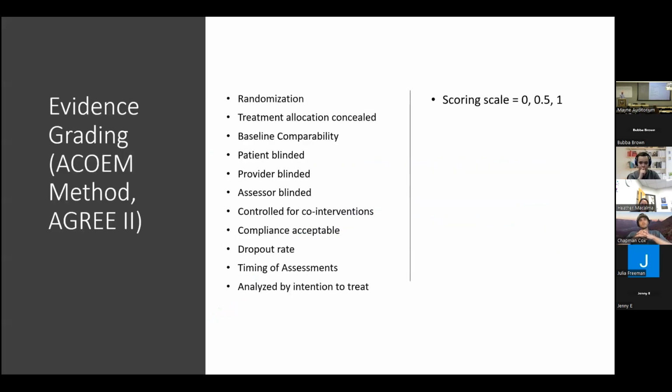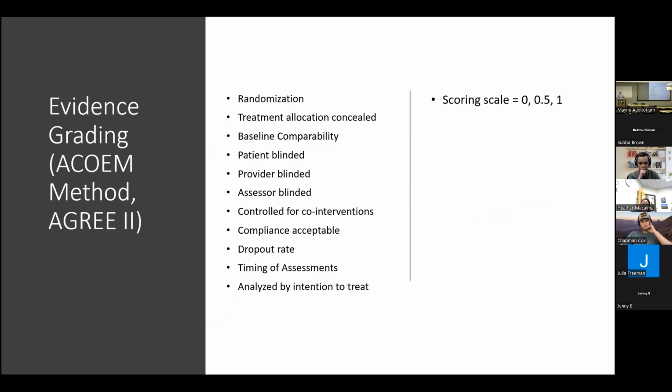So we're going to come back to this slide a couple of times. As you guys probably have already heard, we do a lot of work with evidence-based medicine and evidence-based treatment guidelines here at the center. And we use a methodology that's supported by our college, the American College of Occupational and Environmental Medicine, but it's been developed on the AGREE criteria, which